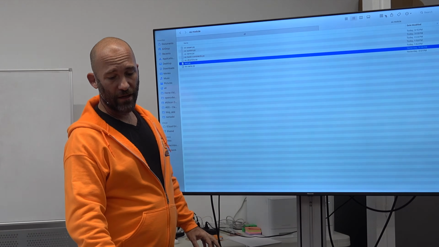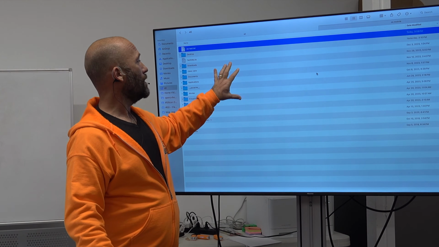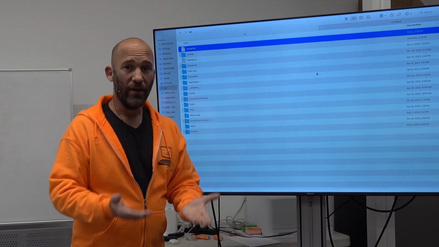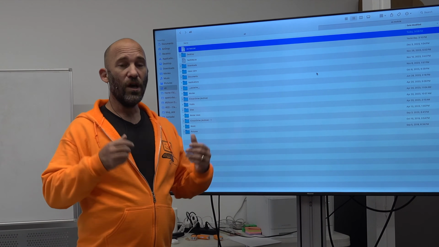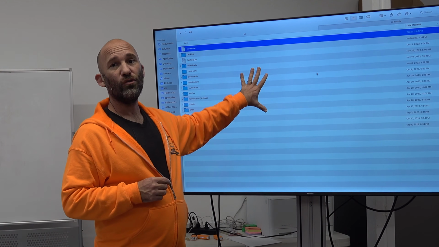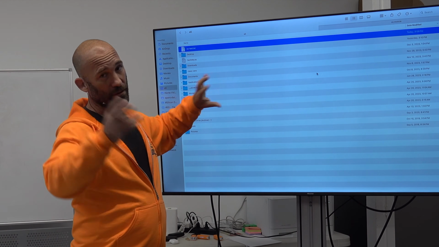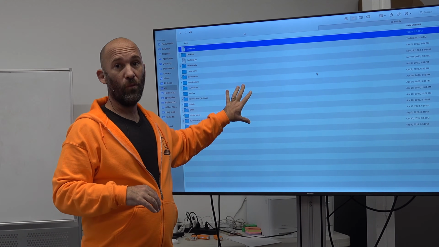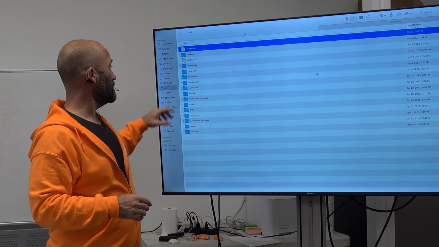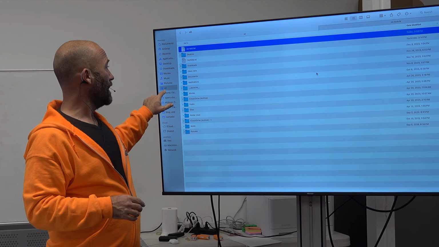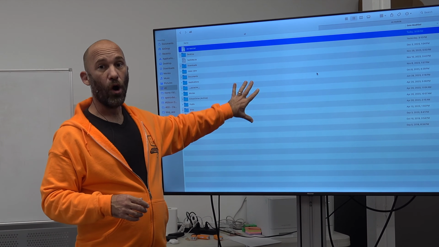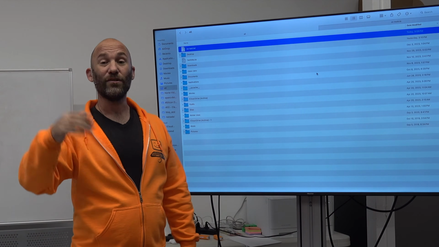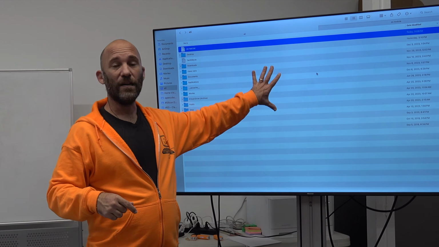So if we take a look at our operating system, one of the problems that you might run into with your Python script is whenever you go to write files or read files, your Python script is always going to go to the working directory. And generally, unless you modified it, the working directory is going to be the user's home directory. So again, when we do a lot of these Python classes, you'll notice even on my Mac, we keep coming back to the Eli directory. And this is my home root directory. So whenever I write a file, I create a directory, whatever else, using Python, it will always get dumped into my